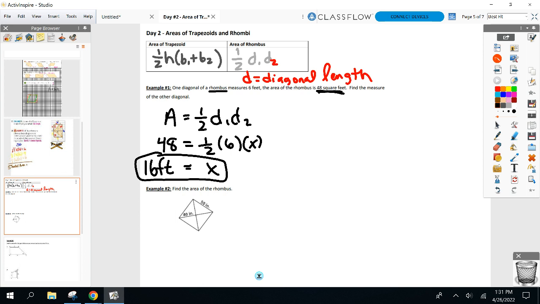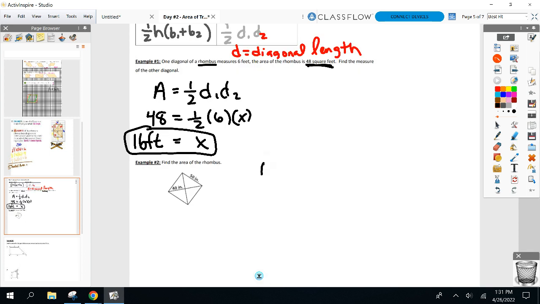Questions? Any comments solving that? Because we're going to get a little tougher now. Now I'm not even going to give you, I want to find the area, but you don't have that much information. So find the area of this rhombus. I didn't give you much info, but